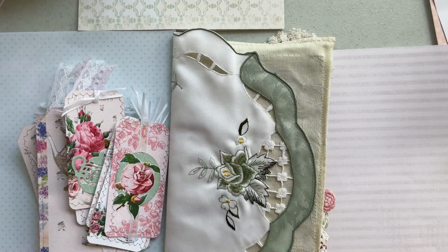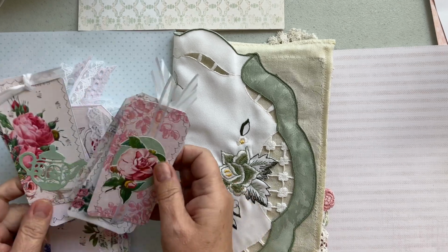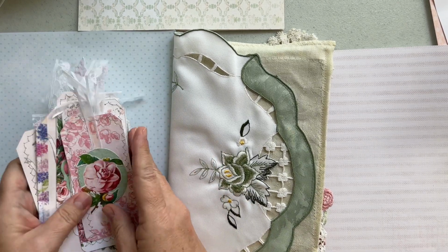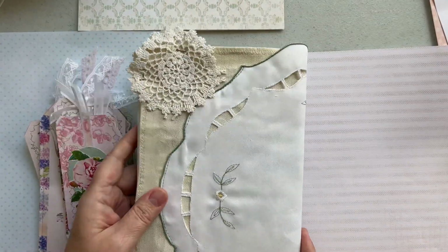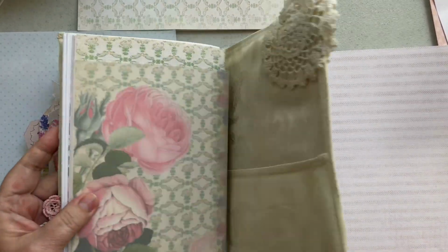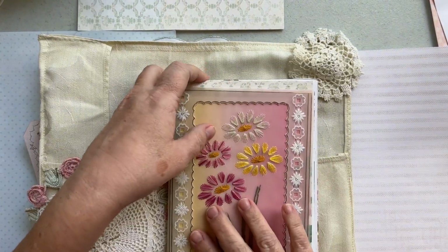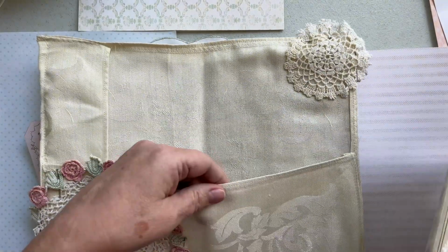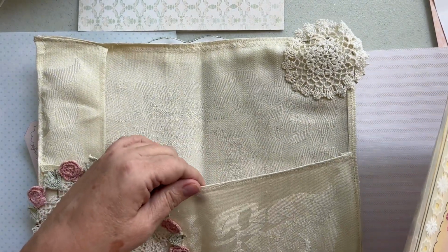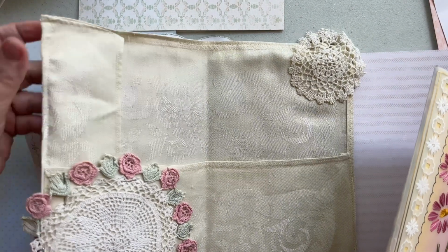Hi, it's Lori, and I'm back. It's actually a couple days later. I'm finished all the tags, and I'm going to show you in a minute, but I've also worked on the cover of the journal. It's not completely done, and I have the pages that I'm going to use, and they're not completely done yet, but you can see this is 2 linen napkins that I've sewed on